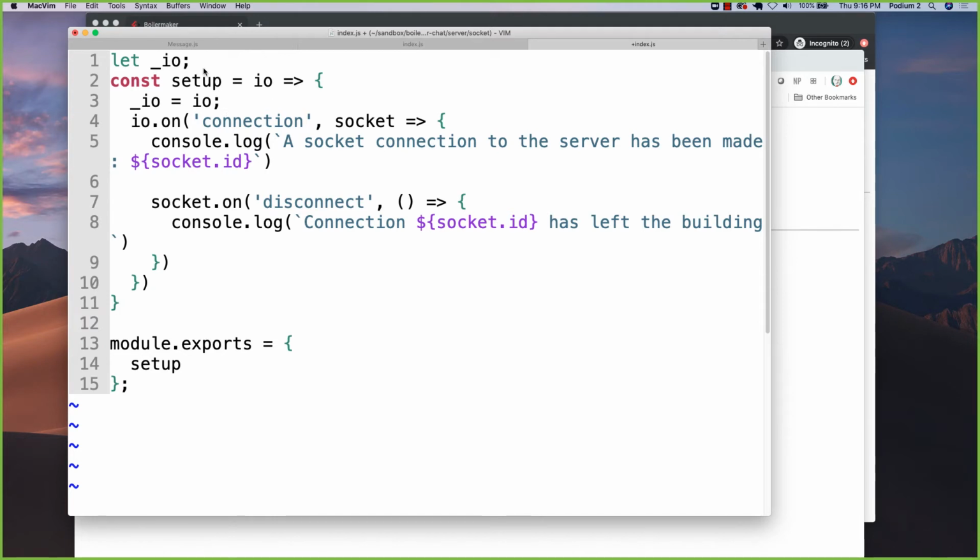Now, this wouldn't make a lot of sense if I didn't do anything with it. But what I'm going to do is have a method called getIO. And this method is just going to end up returning this IO object. This is my socket server. Okay? So what this is now going to allow me to do is if I end up going back to my model,